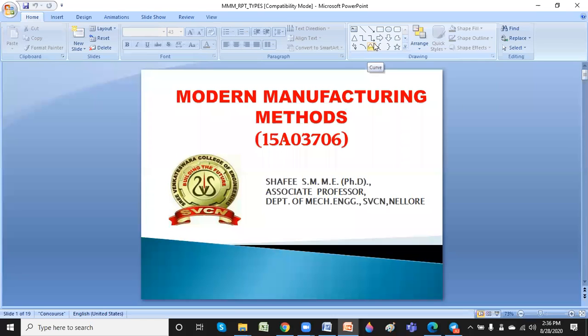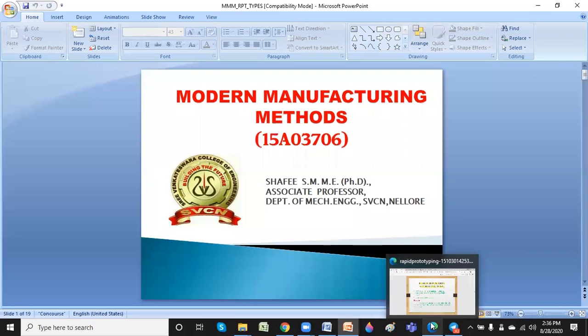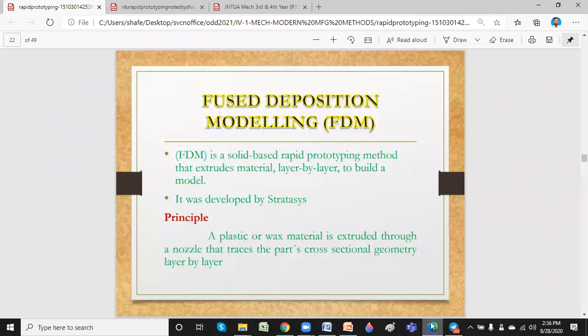One more lecture on modern manufacturing methods, and we are already discussing rapid prototyping or 3D printing techniques. Last class we discussed the rapid prototyping process, and one of the processes used in 3D printing, the stereolithography process.